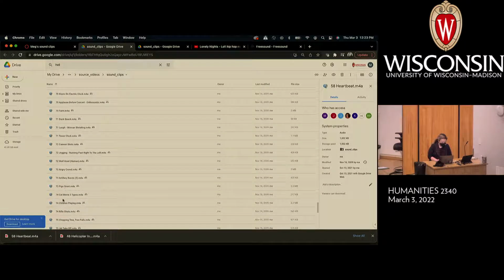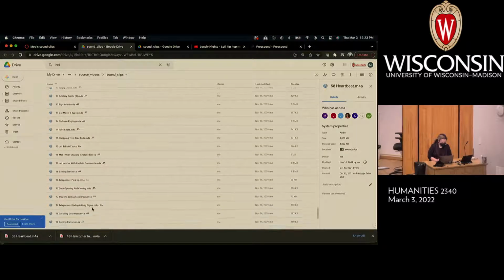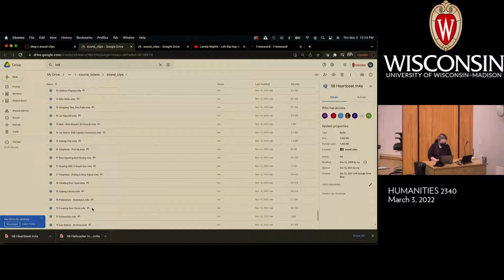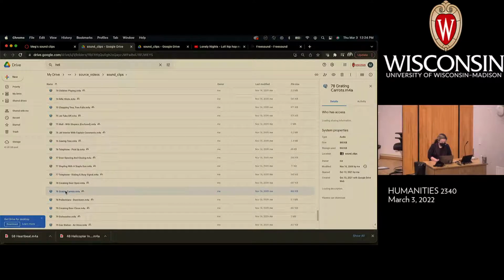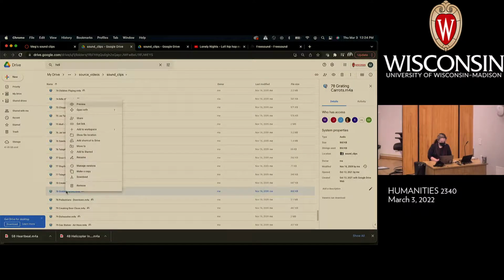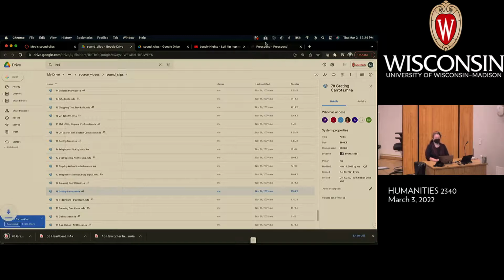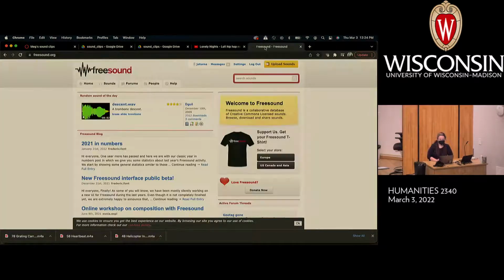Ooh, pigs. Grating carrots. What's that like? I'm going to download it and find out later. So I got a couple of sounds there, and then the other option for you is you can come to